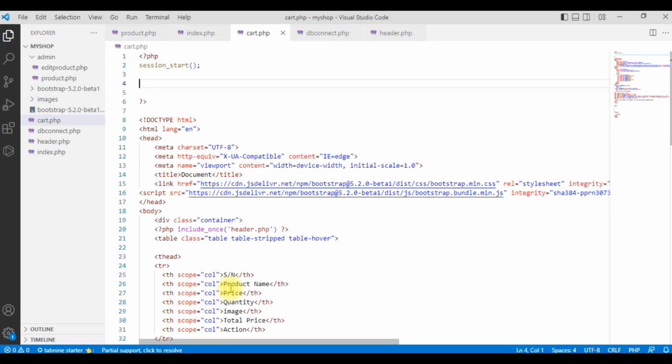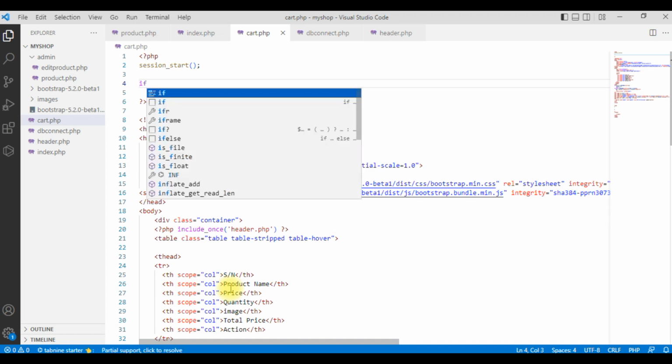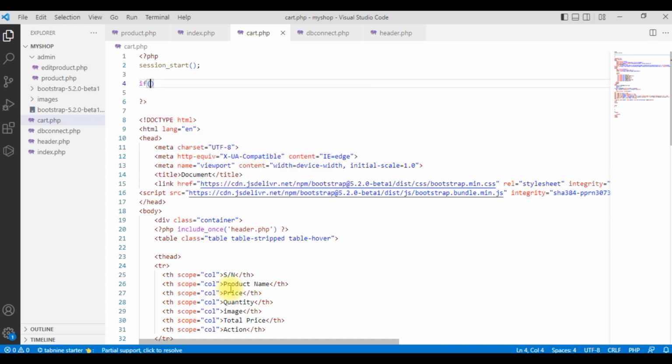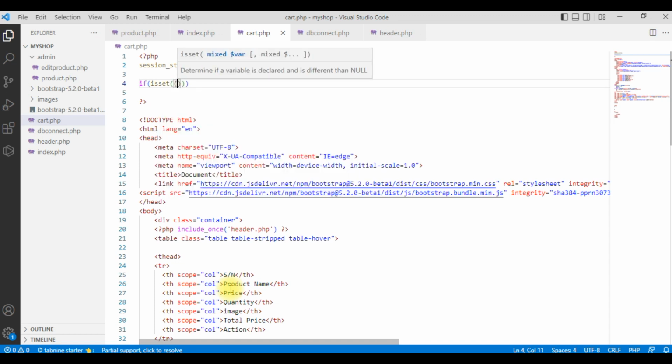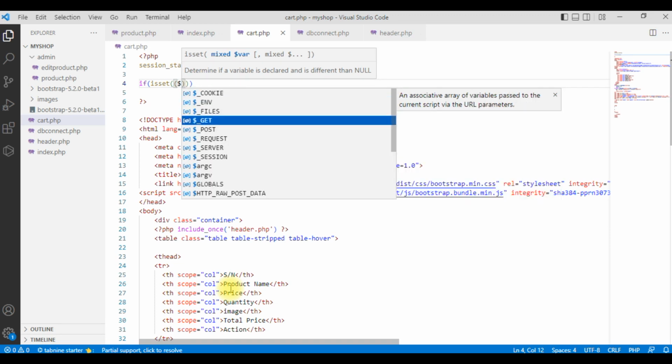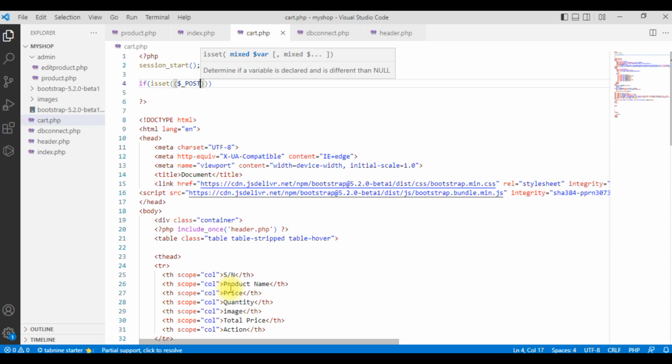I'll come right here and say if isset the variable post, then we are posting that post update. At least if you click on the update button, then